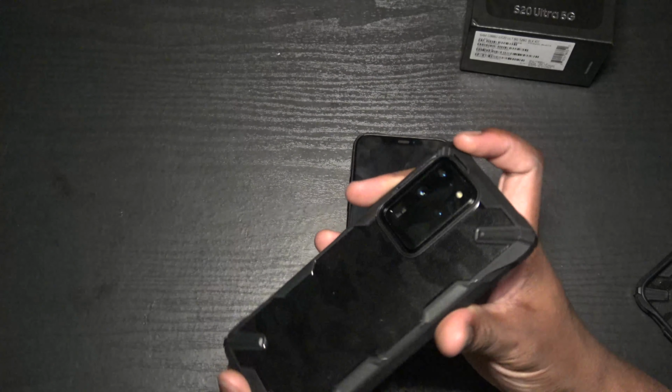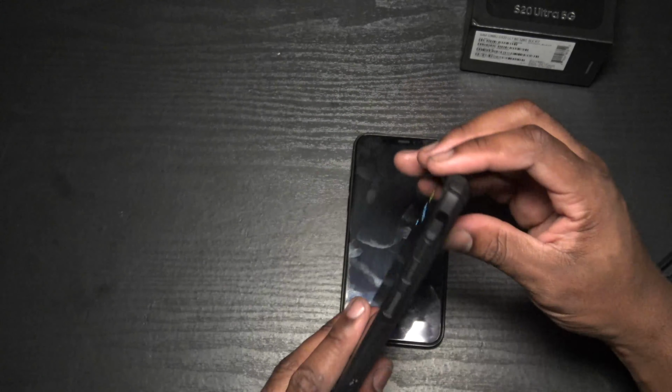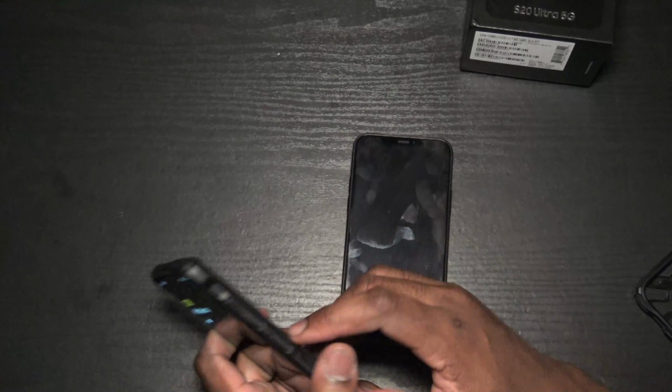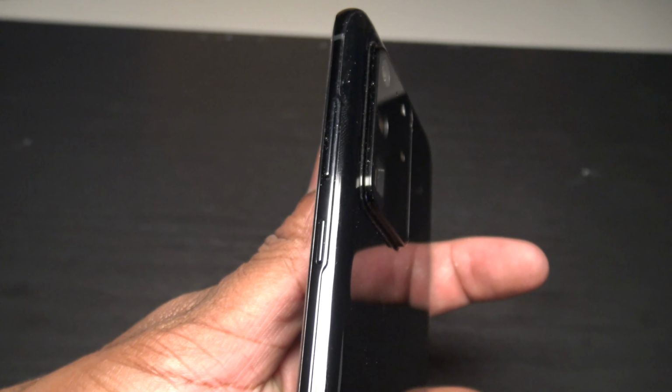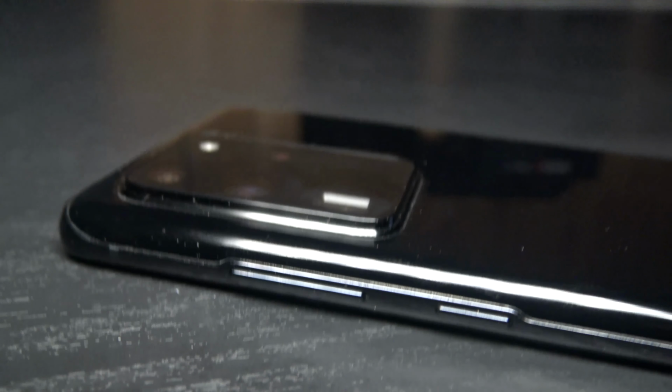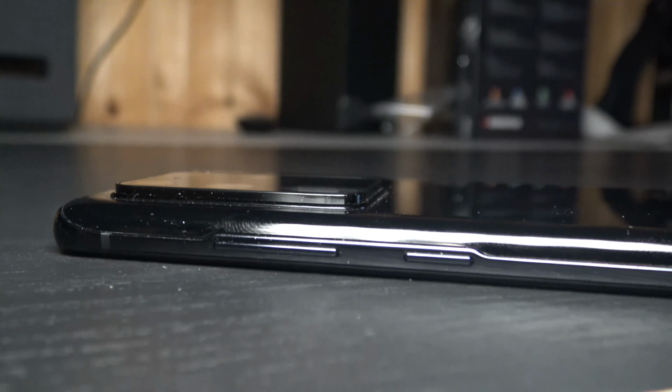With the case, that camera hump does disappear. As a matter of fact, let's go ahead and speak on that hump. So check it out. It's there, you know. It definitely serves a purpose. It's not just for no reason. Whereas